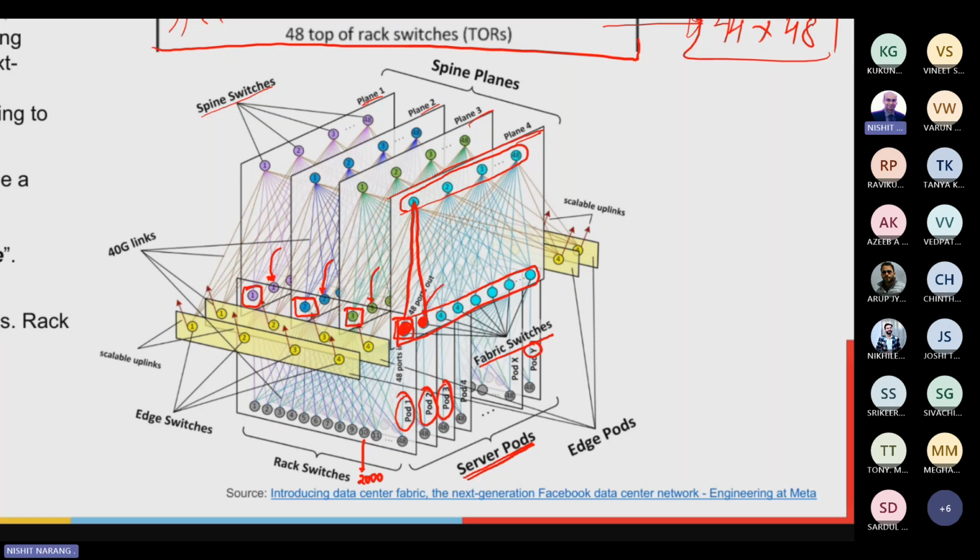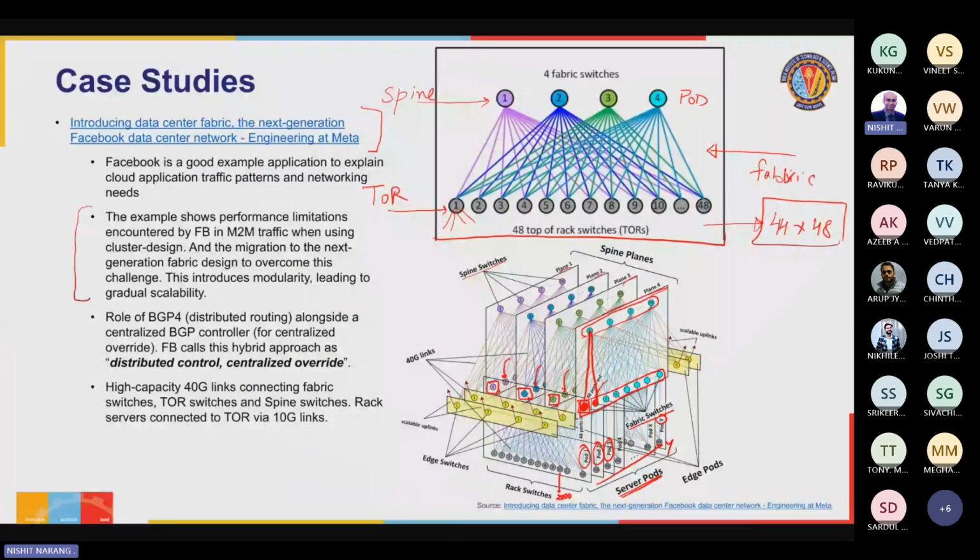Plane 1 is connecting all the fabric switches numbered 1. Okay? So this is how they are enabling 2000 into Y servers to be supported in a scalable architecture. That's how they've used a pod-based architecture to create an enormous size data center